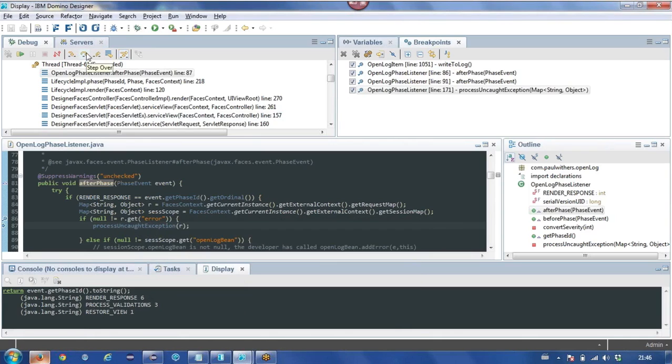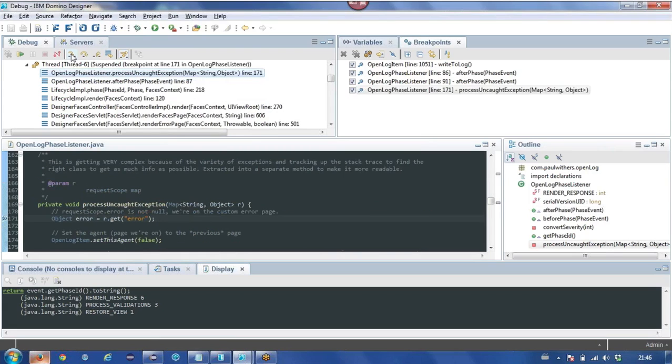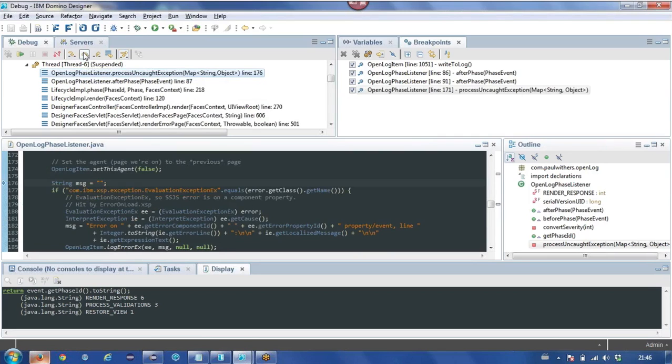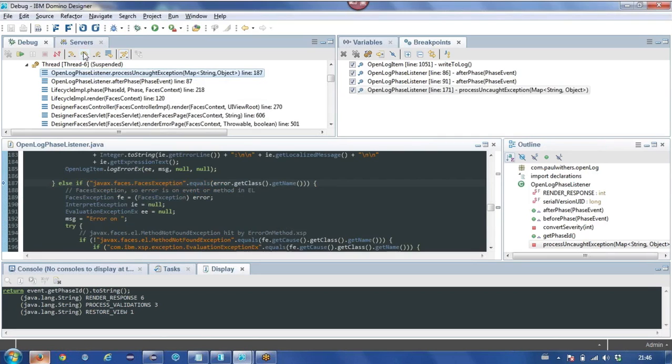Yes. And so then it allows us to step into this process exceptions, and there we see that javax.faces.FacesException, we pick up all of the relevant objects, and it's not a method not found exception.